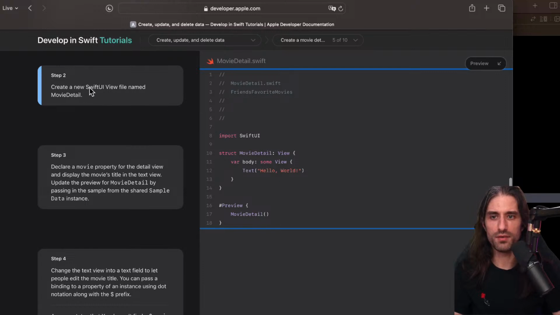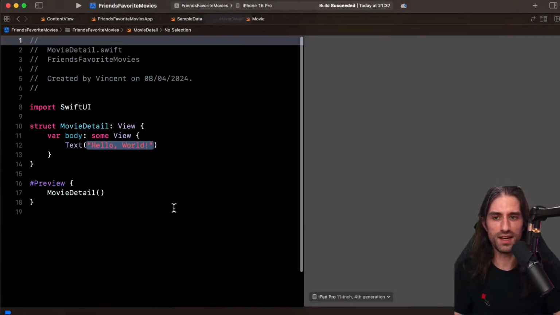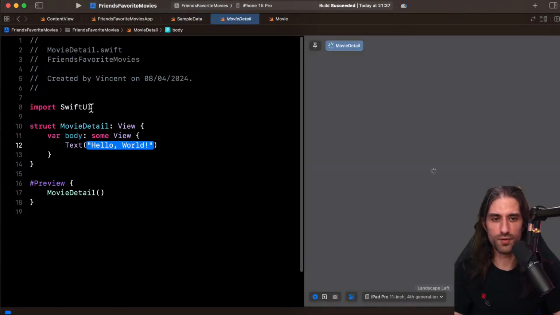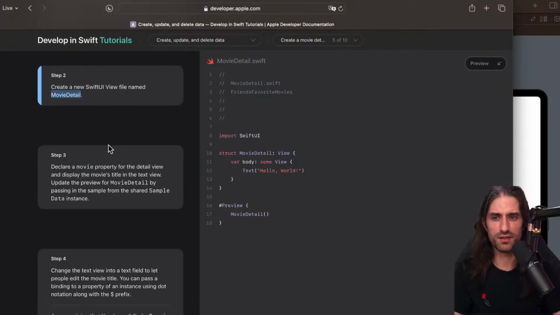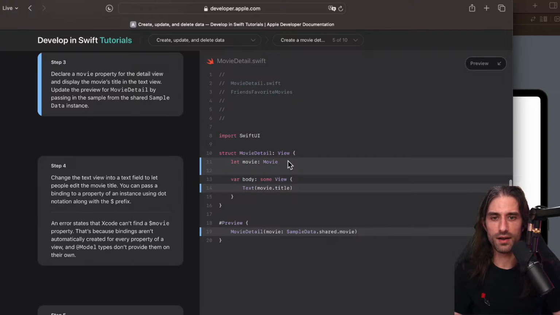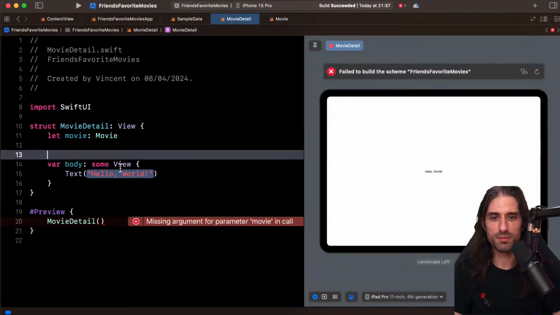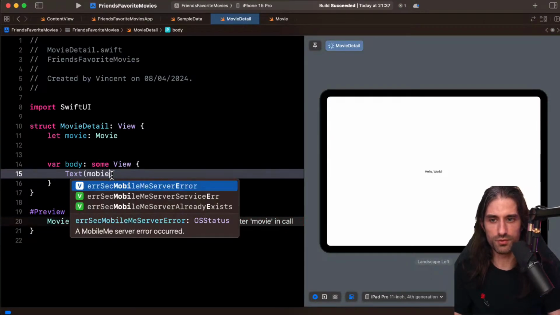Then we create a new SwiftUI view called movie detail. So this time, create a SwiftUI view and not a Swift file. So this one right here, and call it movie detail. This way, you have all of the basics of a view being created for you. Okay. We say that it receives a movie as an argument when being built, and then we display the title of the movie.